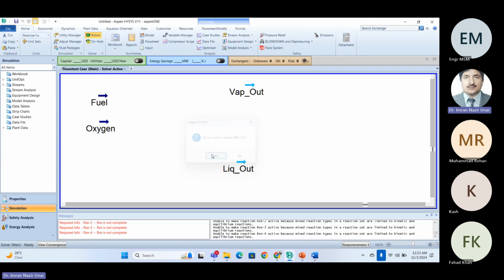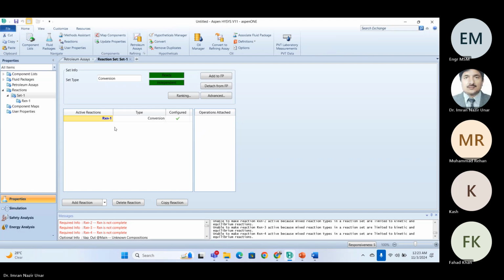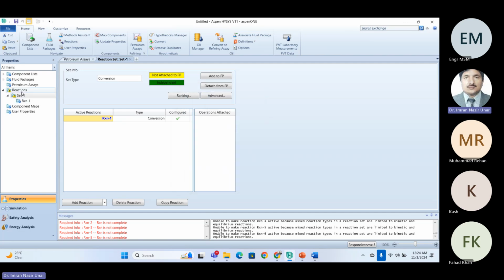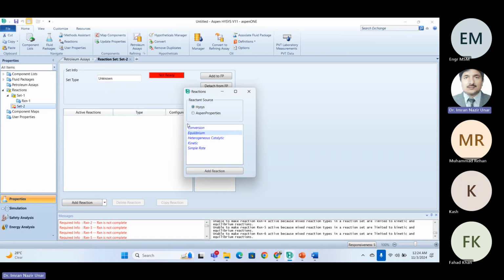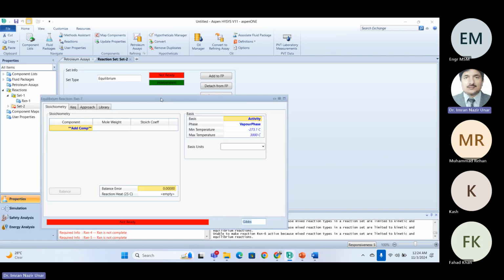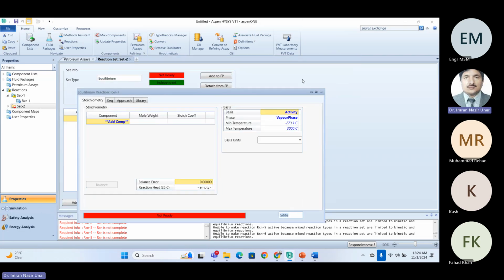Okay. And I am just detaching from the fluid package. Okay, so I am adding one another set, a new set. Okay, here I am interested to define one reaction set, and it is said that now see when I have